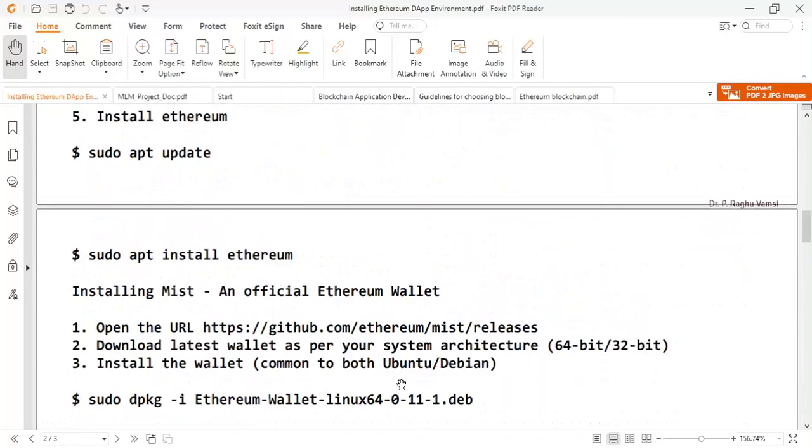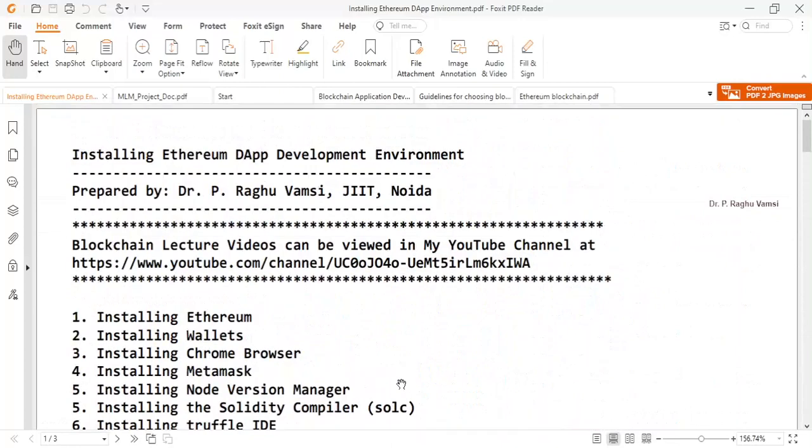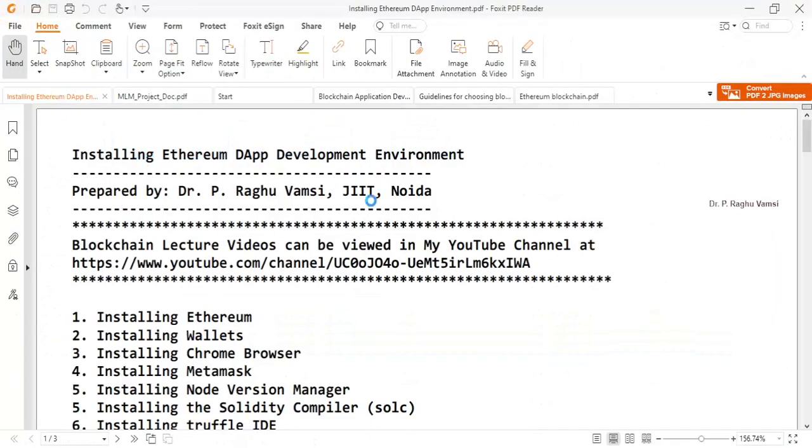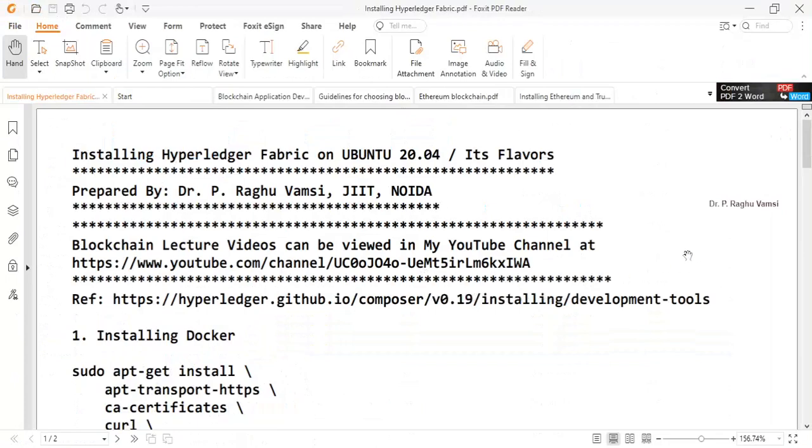So these are the series of steps you are supposed to follow for installing and setting up the DApp environment. And the next file is installing Hyperledger Fabric. So here, this is the installation of Hyperledger Fabric. So far, for Ethereum and Truffle, we managed installation on the Windows 10 platform with the help